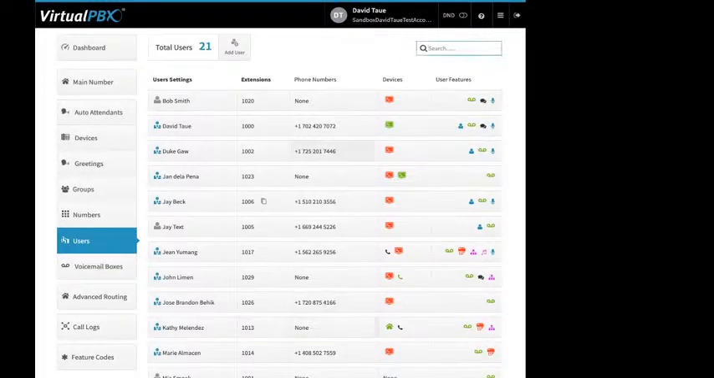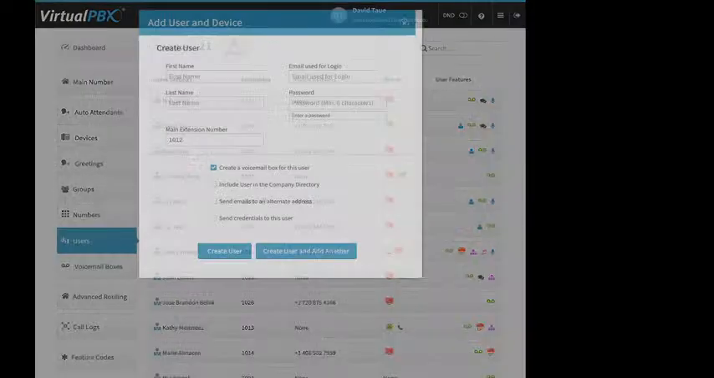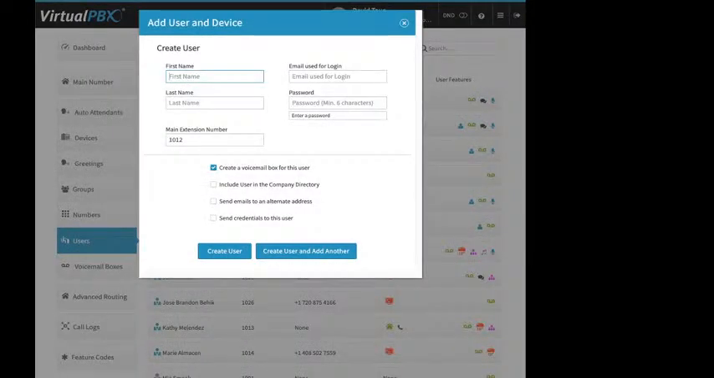Users, this is where you would add additional users. The little gray person, that's your standard user. Person in a blue suit is an admin. And if you click on add user, you fill out the form basically, right? You put in their first and last name. The email address used for login is unique to each user,